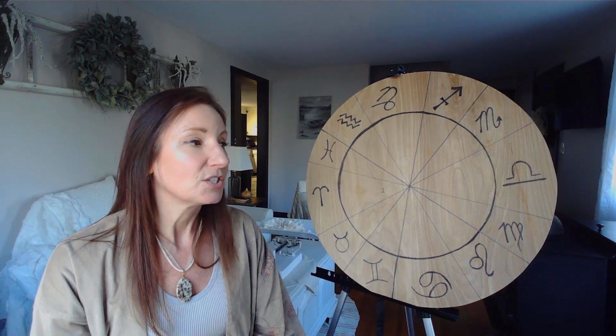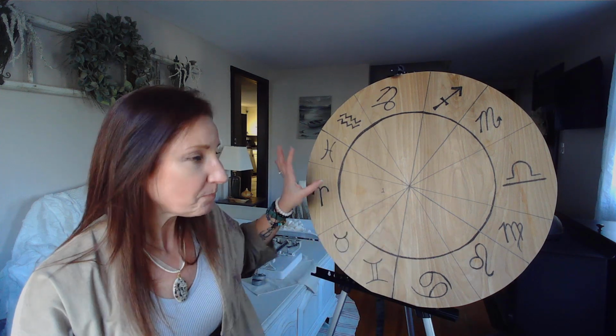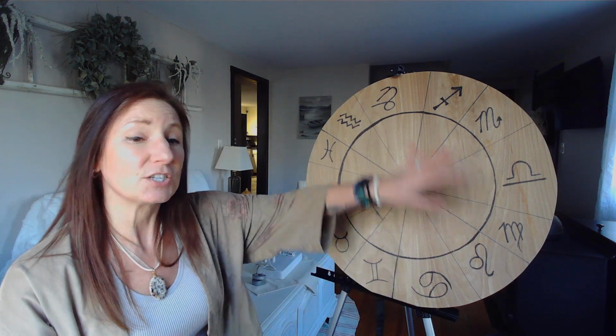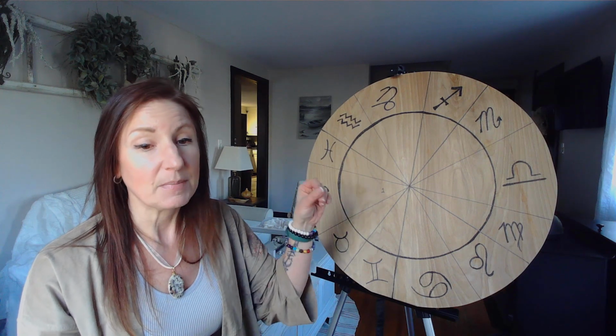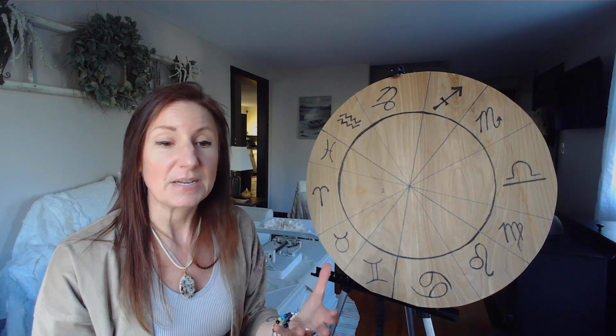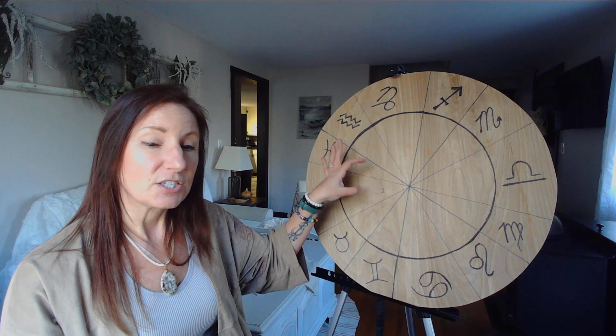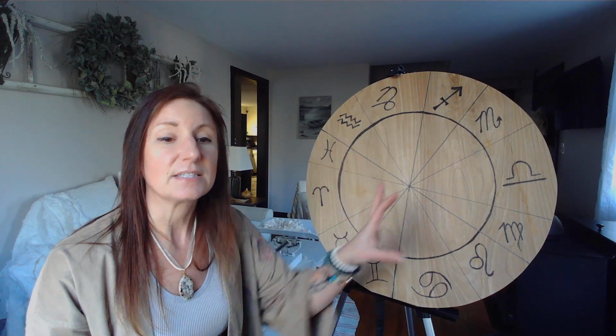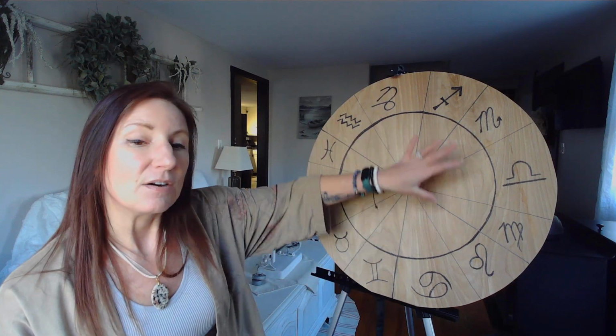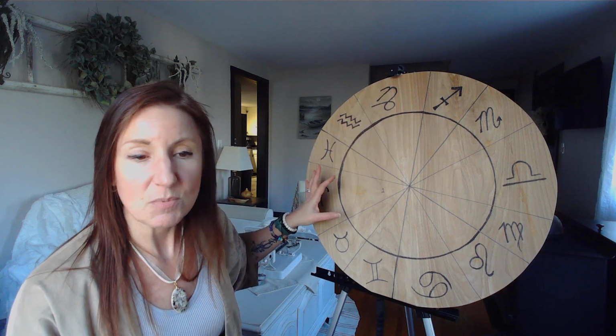Another way to do it is to go on to your software, and a great one is astro.com. Of course, it's free software online. You can change dates and put in the transits. So when you put in your chart and then hit transits, it's going to show you where the transits are for the actual time it is right then. Then you can go in and change the date to later dates and get an idea of how fast the planets are going to be moving at that time.